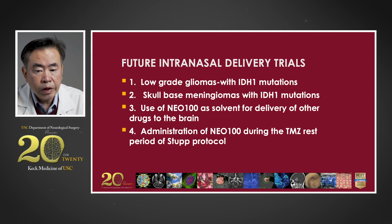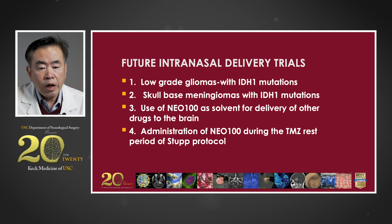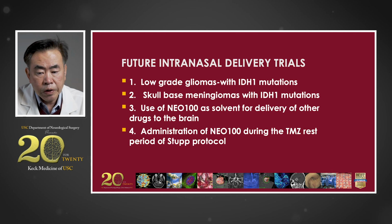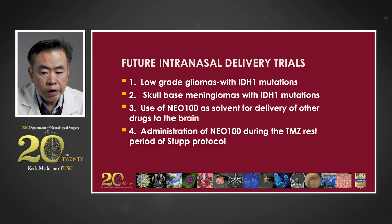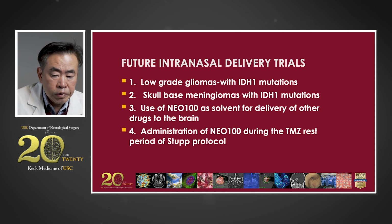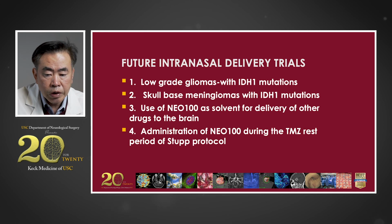So we have other plans for intranasal delivery. In low-grade gliomas, these patients almost all have IDH1 mutations, and we're planning to enroll these patients in trials as well. Skull-based meningiomas often have IDH1 mutations, as many as 50% of these patients, and we are planning to do a trial with this. And then we also want to use Neo-100 as a solvent for delivery of other drugs to the brain, and